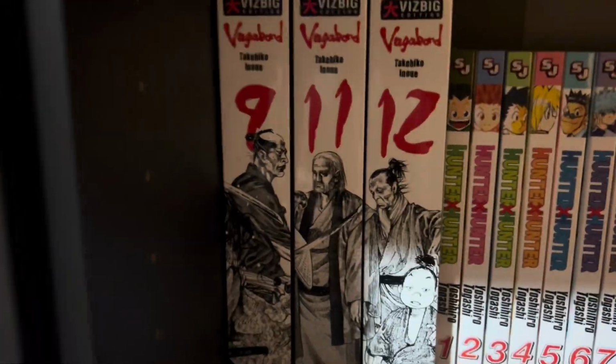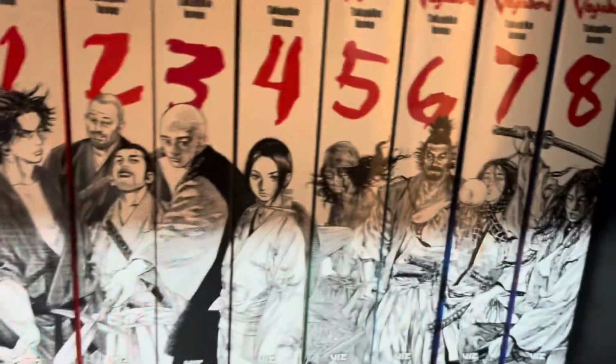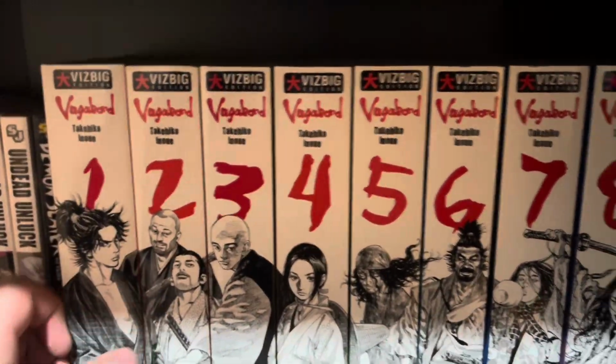I got Vagabond, volumes 1 through 9, and then 11 and 12. I'm trying to find volume 10 before I start reading the series, but I've read the first 3 volumes. I really liked it, but it's not on the same level as Vagabond and Slam Dunk for me yet. I want it to be, but it's just not there yet, and I'm hoping it gets there, because I've heard